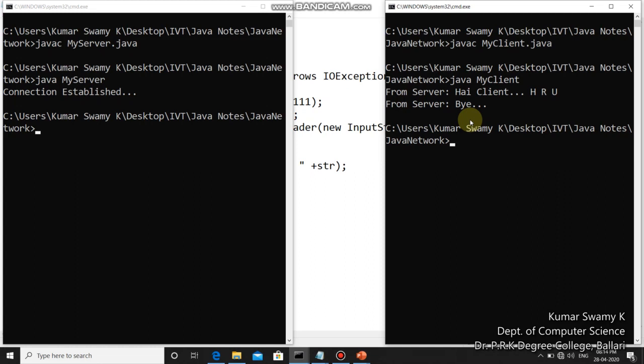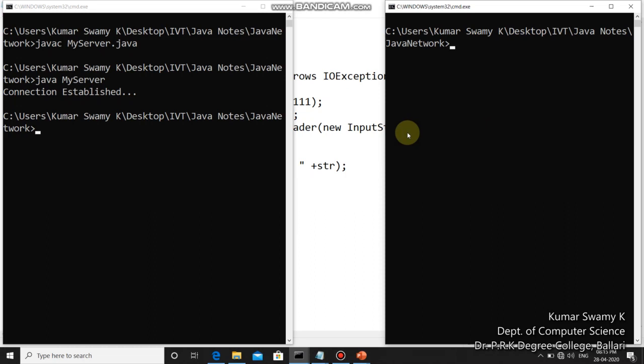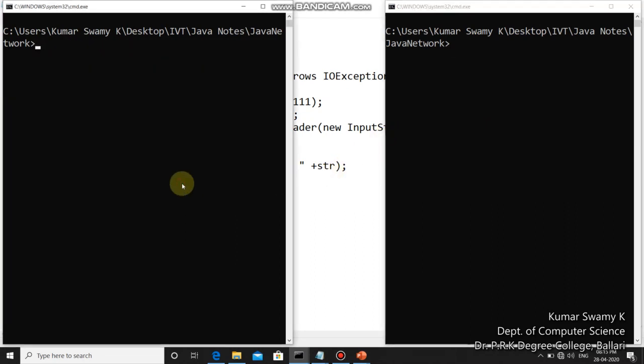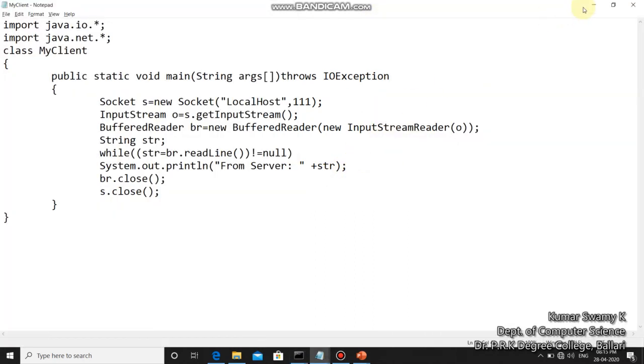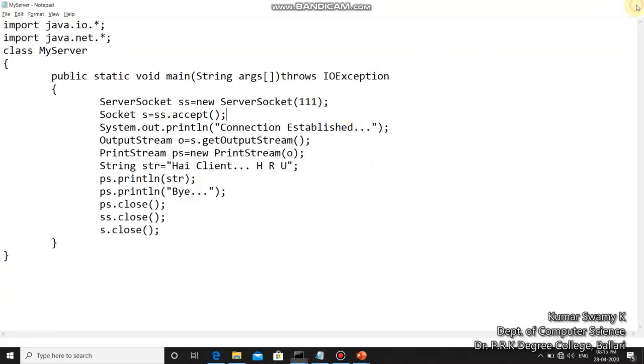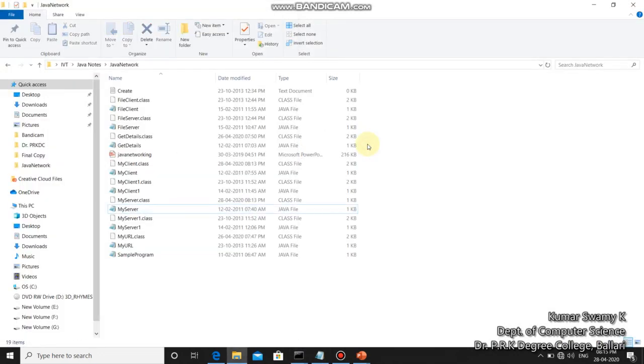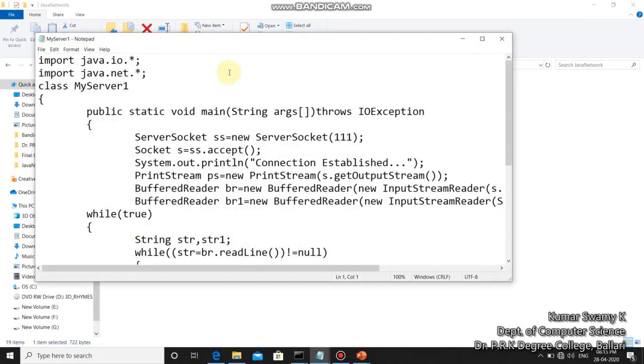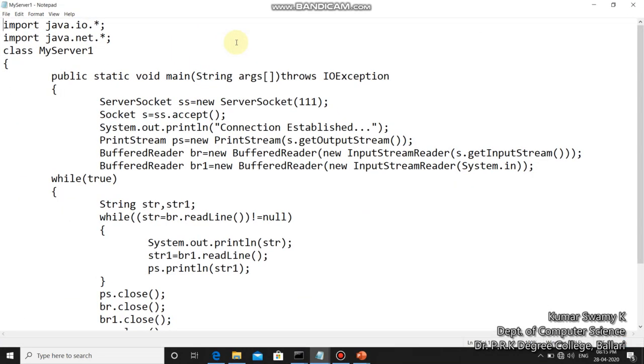I hope you are understanding it. So now let us look at the two-way communication. See, in the previous program we discussed a one-way communication, where a server provides services, but the client only receives the services provided by the server.